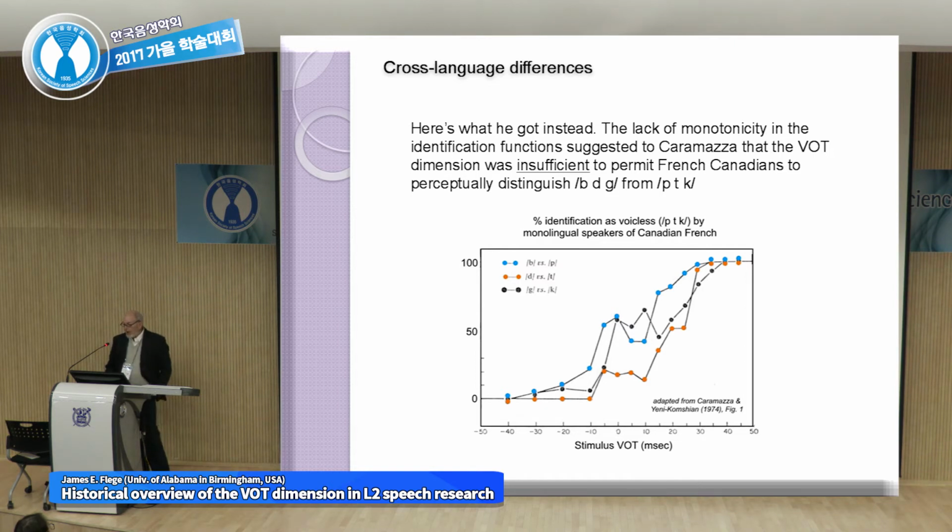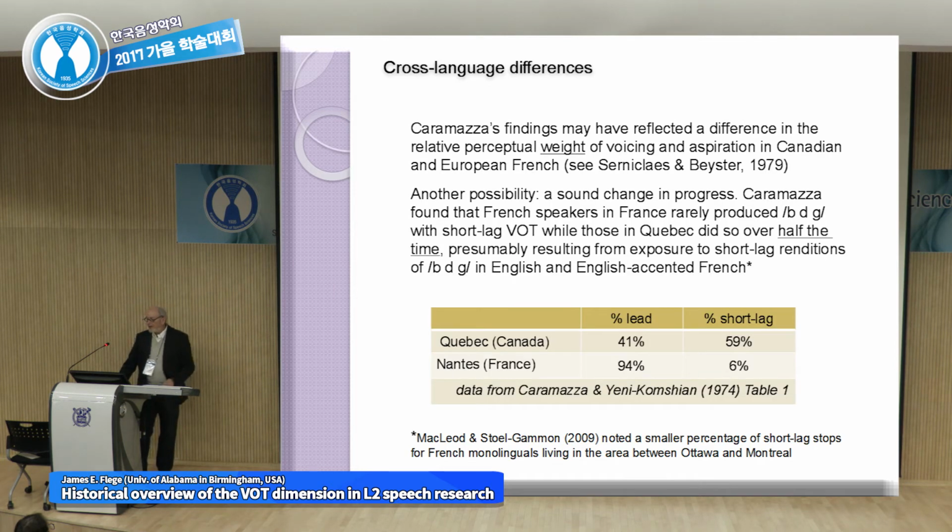The lack of monotonicity in the identification functions suggested to Karamazov that the VOT dimension was insufficient to permit French Canadians to perceptually distinguish voiced and voiceless stops. His findings may have reflected a difference in the relative perceptual weight of voicing and aspiration in Canadian and European French. Another possibility,